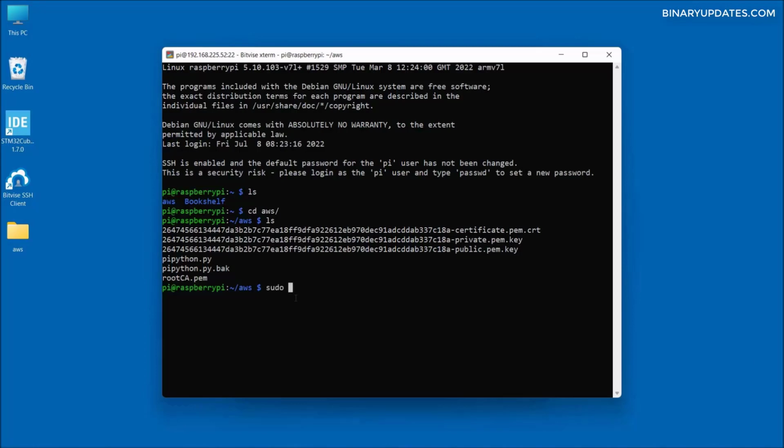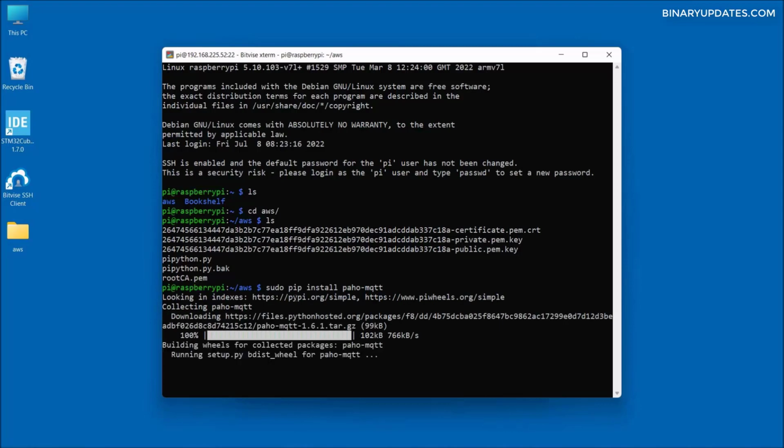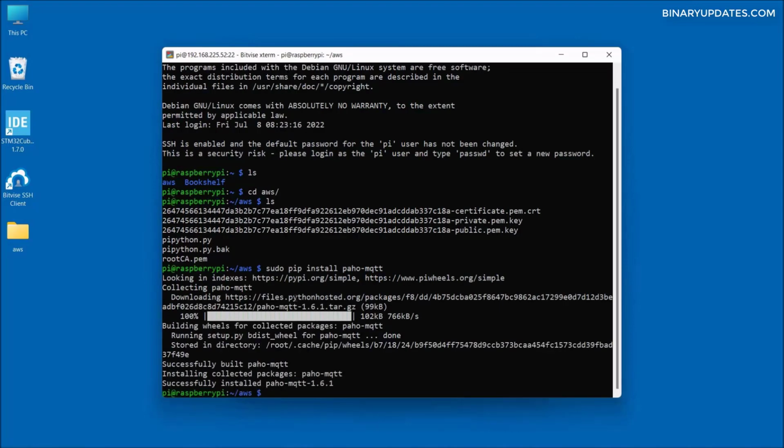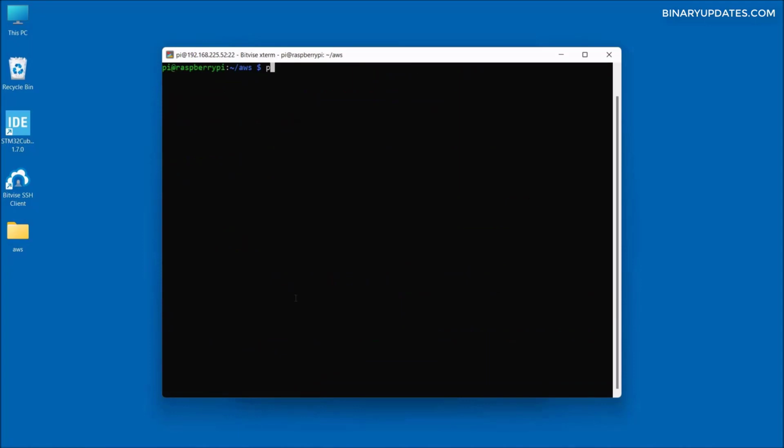So we have to run the command sudo pip install paho-mqtt. So this basically installs the MQTT library on our Raspberry Pi. So this is done. Now you can run the clear command and just run python python.py, and now you see "just awesome" get printed every 5th second, and we get this message, connected with result code 0. That means we have successfully connected our Raspberry Pi to our